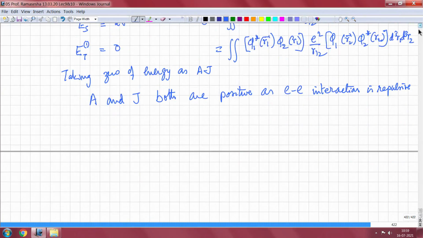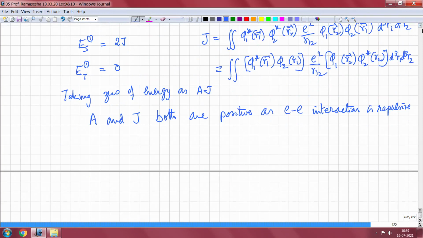Now this also can be written as a simple spin Hamiltonian. So I can write down the spin Hamiltonian in this case as H is equal to minus 2J times (S1 dot S2 minus 1/4). As you will see, S1 dot S2 minus 1/4, when it operates on a triplet state, will give you 0, but when it operates on a singlet state will give you minus 1, and so you will get the eigenvalues E_T1 equal to 0 and E_S1 equal to 2J. So this is the spin Hamiltonian that can be written for the electron repulsion part.